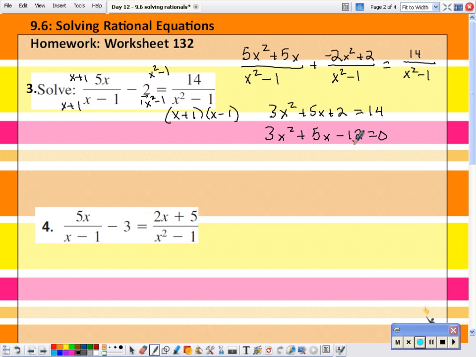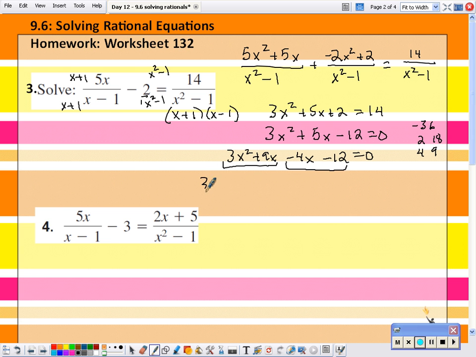Now, I want to see if this factors first before I go to the quadratic formula. So I'm going to do 3 times negative 12, and that's negative 36. I'm going to split the middle. And are there numbers that add up to 5 and multiply to negative 36? Well, let's see. 2 and 18... no. 4 and 9. Oh, 4 and 9. So it's going to be 3x squared plus 9x minus 4x minus 12 equals 0. Group,